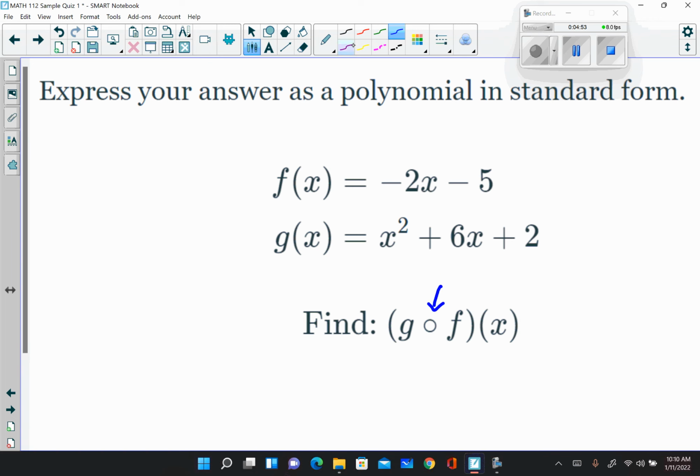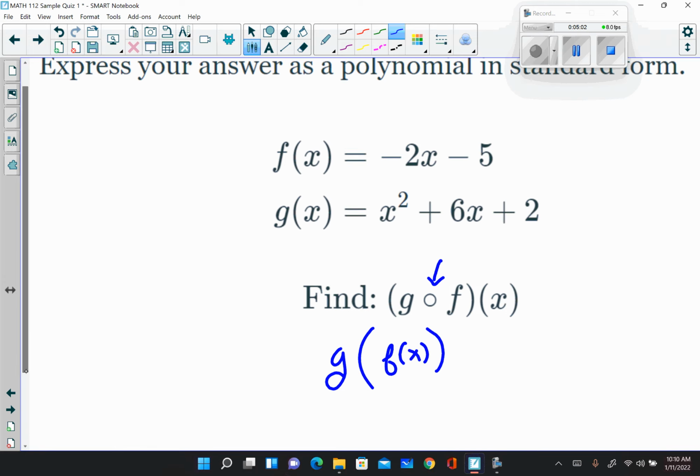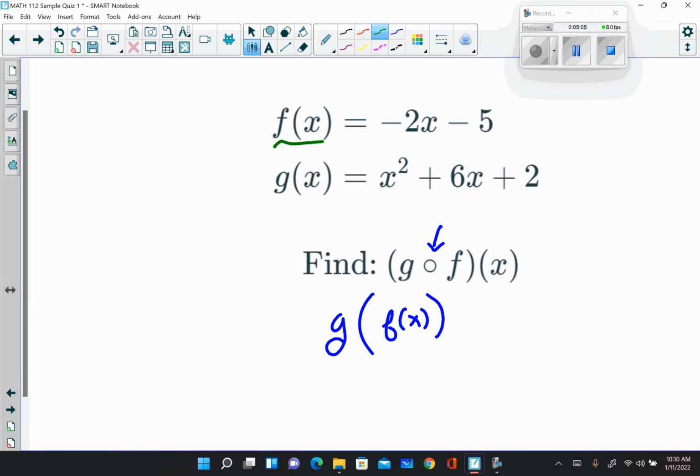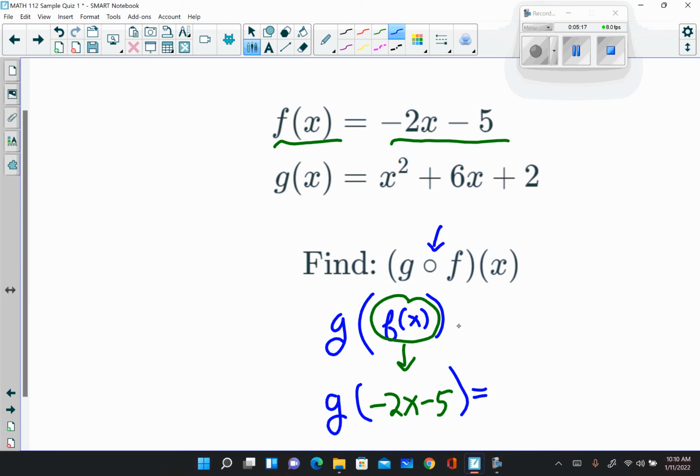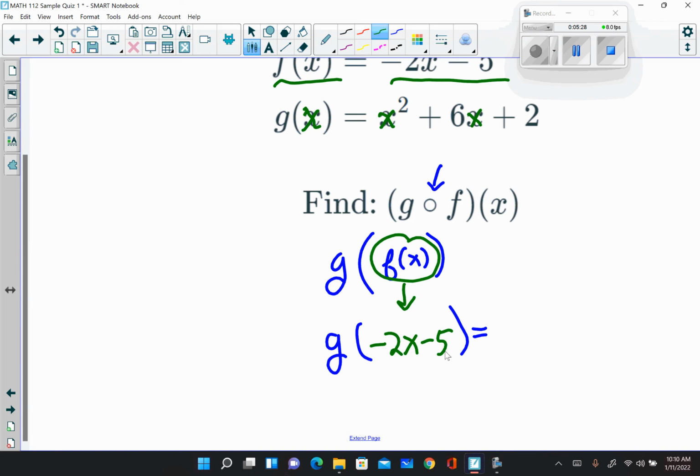This little circle here means g of f of x. F of x is negative 2x minus 5. G of this green stuff means up here in G of x, anywhere there is an x, here and here and here, we put negative 2x minus 5. G of negative 2x minus 5 equals the green thing